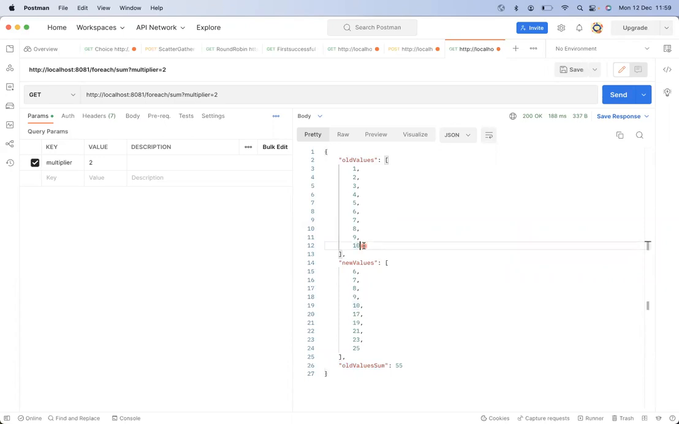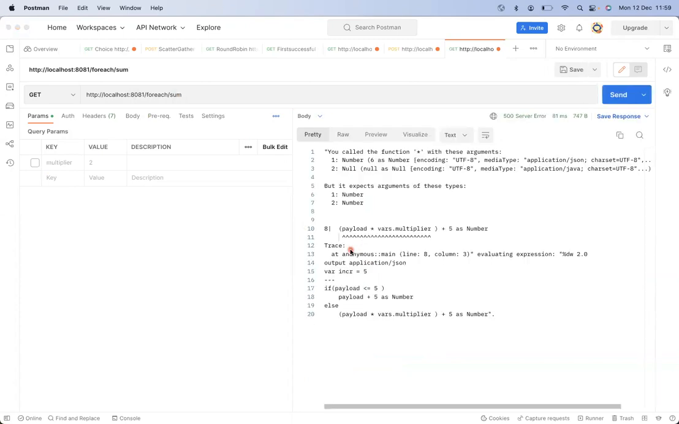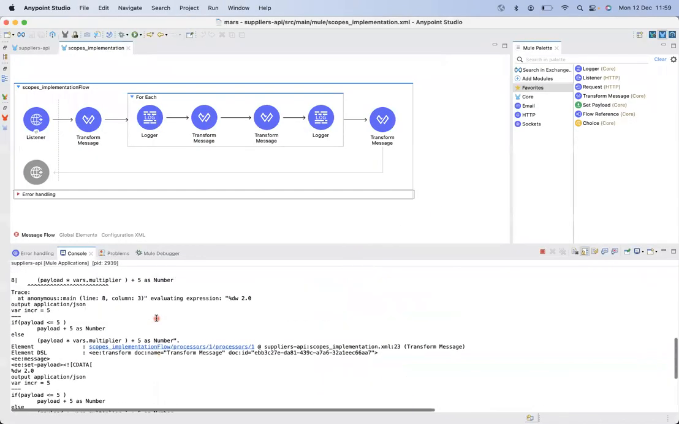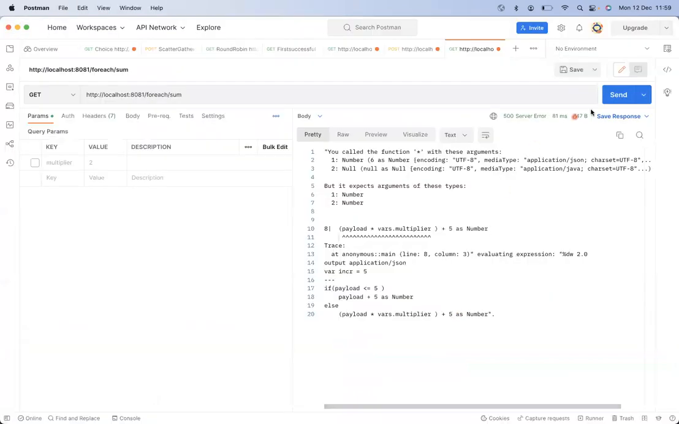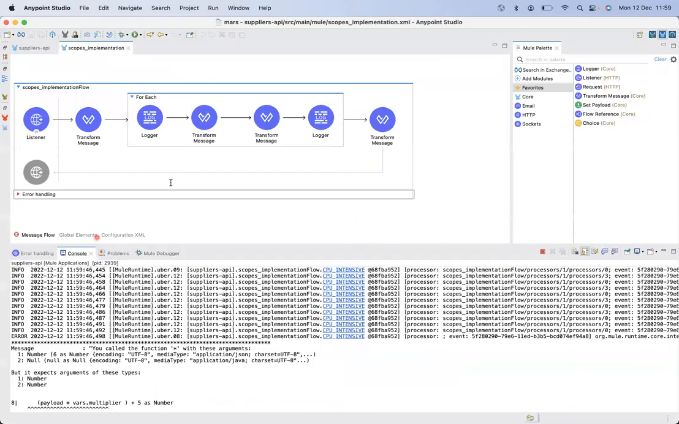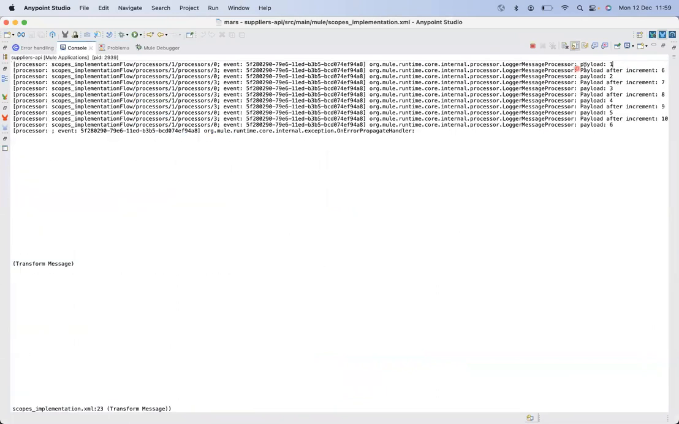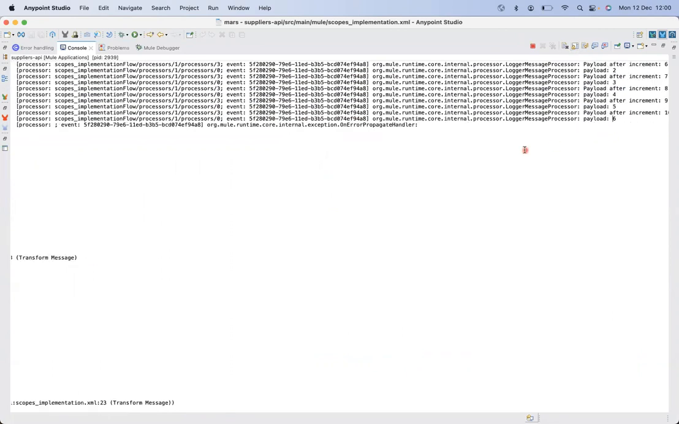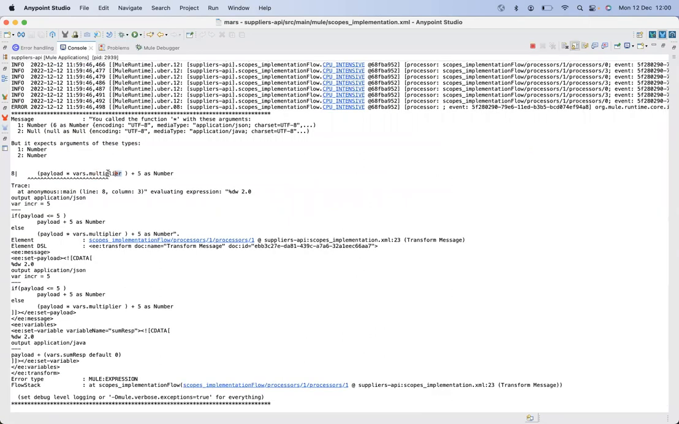It is not changed. But if we are not sending this value, then we have some issue. I'm clearing the logs and then sending a request. If we observe the logs, it was able to successfully execute the first 5 messages within the 1 to 10 records of the array. But whenever it reached the sixth record, the value is greater than 5 and it was unable to multiply that value with a value which is not available, which is a null value,